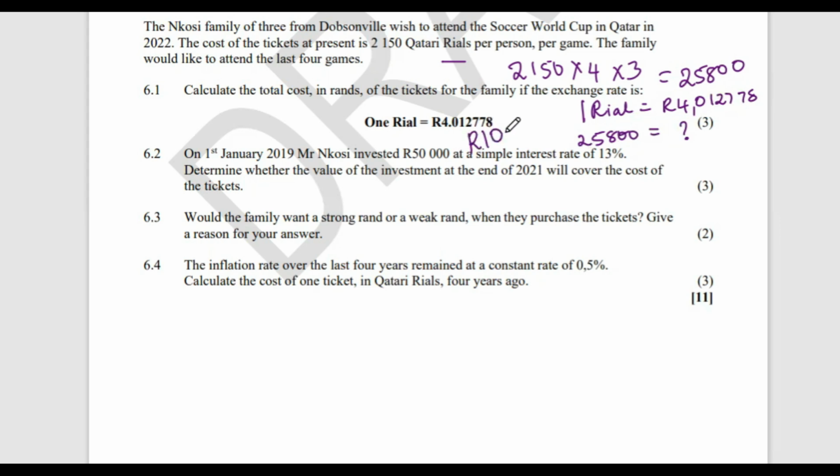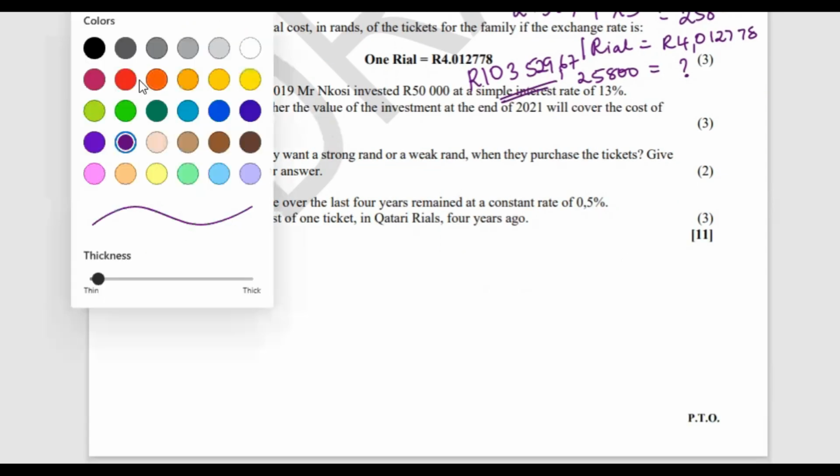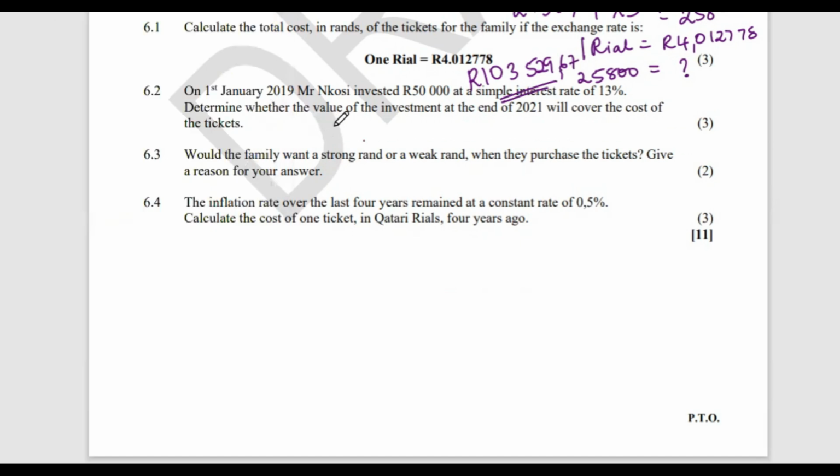It's 103,529.67. So in other words, you have to pay 103,529.67 rands. Then 6.2, on the 1st of January, Nkosi invested 50,000 at a simple interest rate of 13%, determining